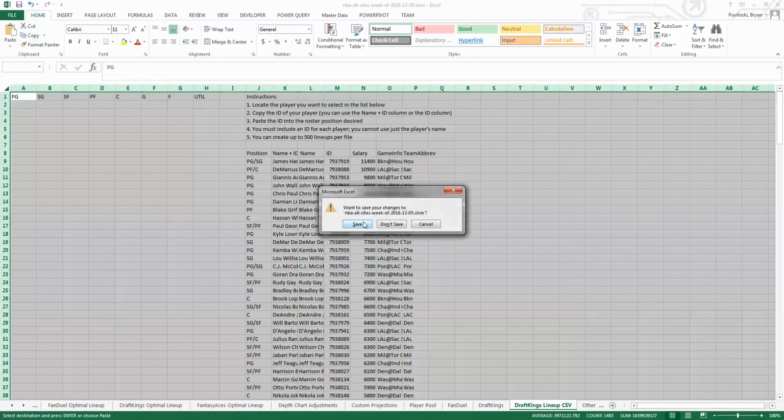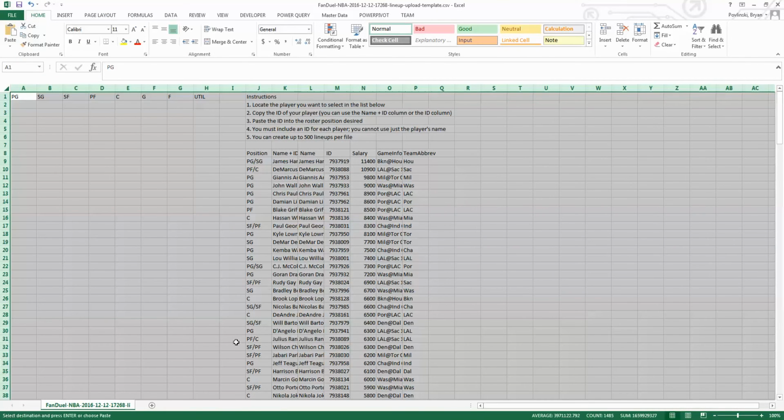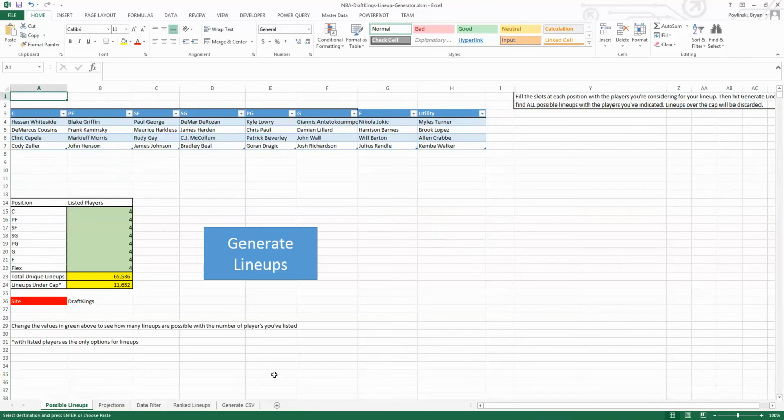Go ahead and close this for now. And so here's the lineup generator. So on the lineup generator, like I said, it forces you to select 4 players at each position that you're potentially considering for your lineup. So I have 4 centers all the way down through my guards and forwards and utility players. So you have to explicitly list those players in that you're considering. So if that's not the way you build your lineup, then this may not be that helpful of a tool